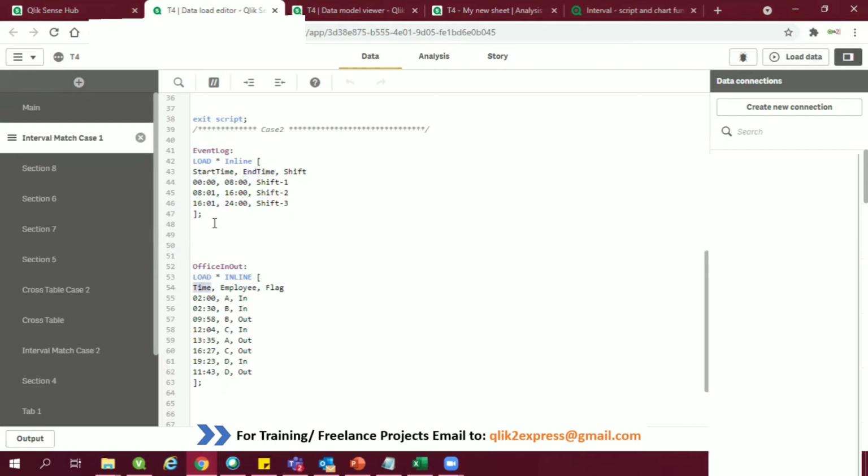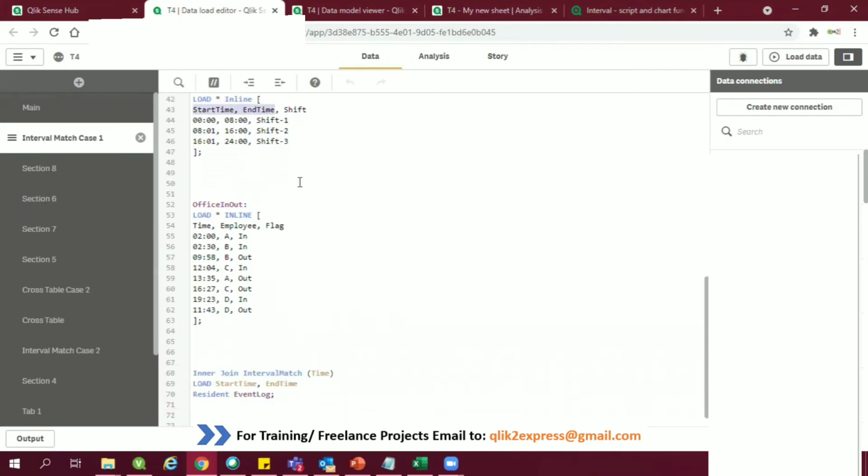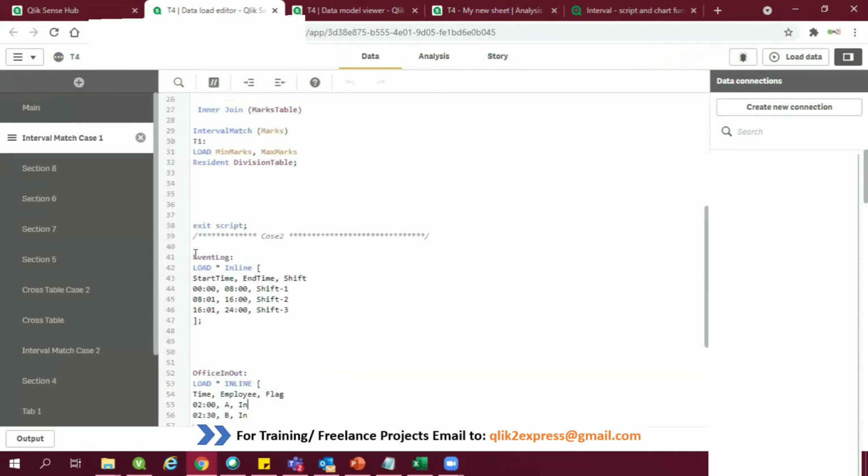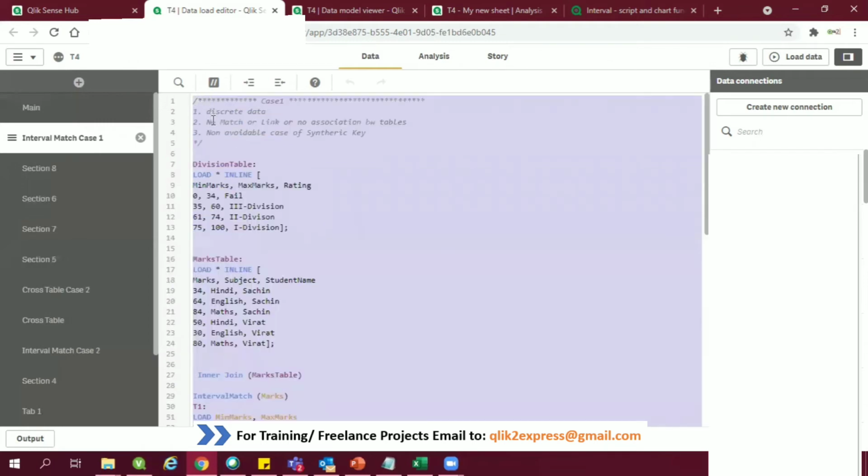And then I'm going to reload this table along with the range column, which is nothing but these two columns. The same thing I have done over here: interval match, then the time, and then loading the start and end time. So let me put this code up. Let me cut this code from here,